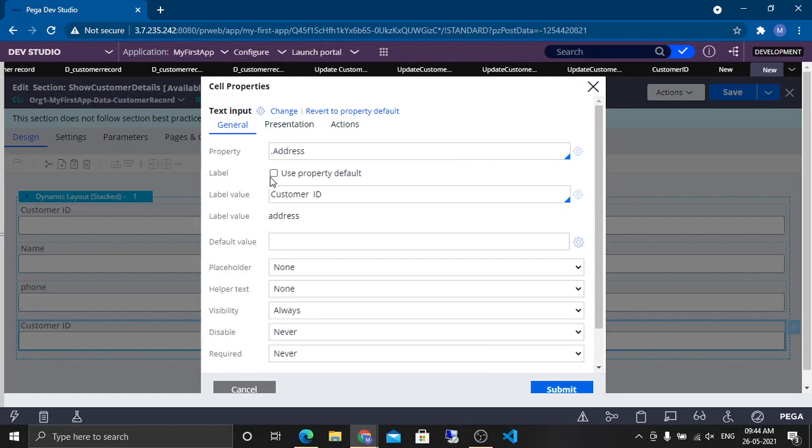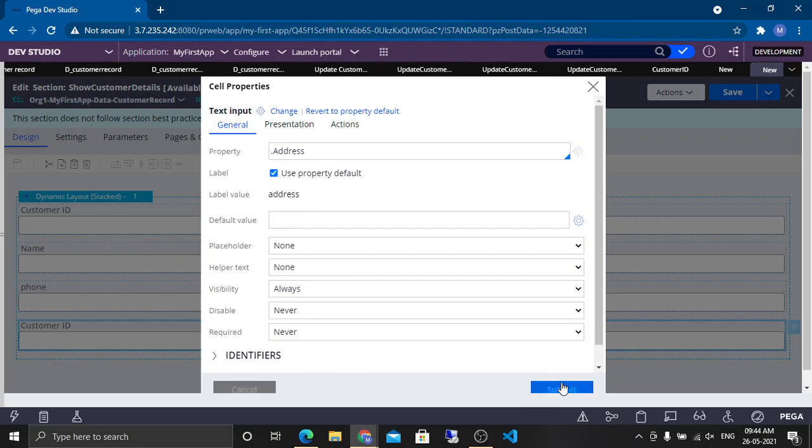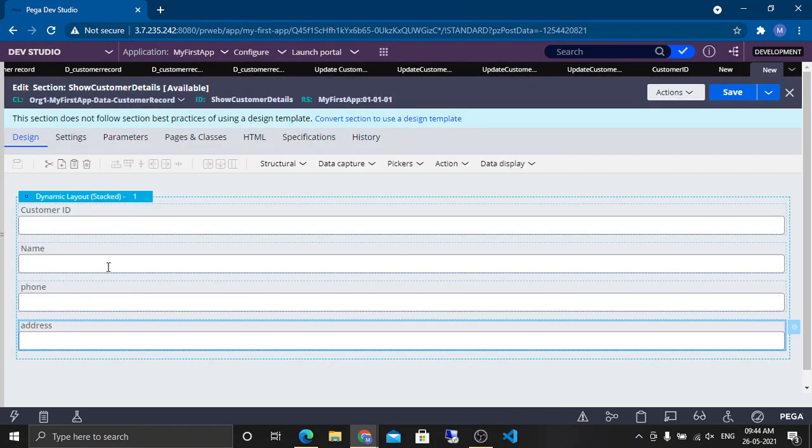Right, guys. Okay, take it like this. So we have created one section in the data layer, and using this section on the UI now, using data page to show the details. Okay, so you have learned how to do data relationship in the App Explorer.